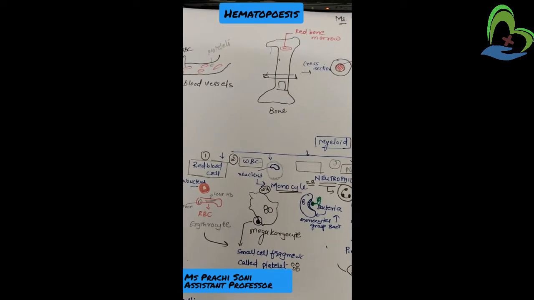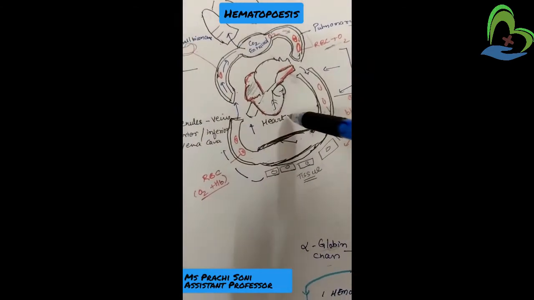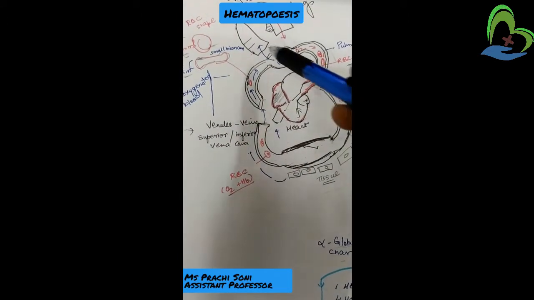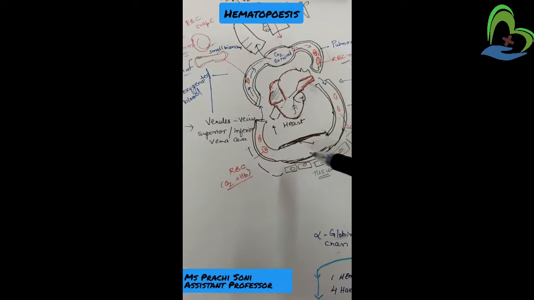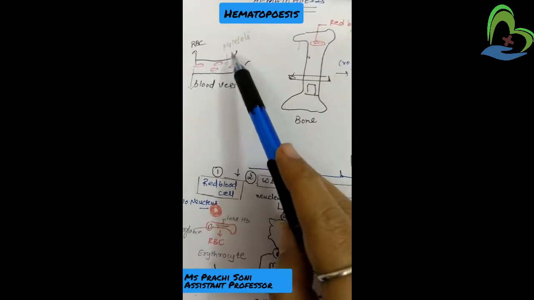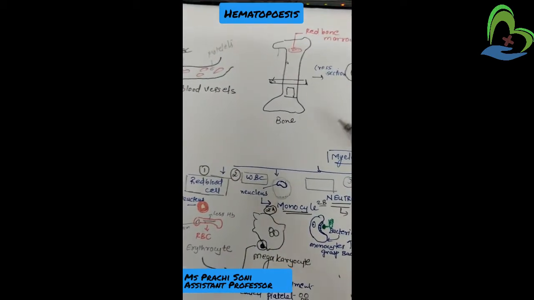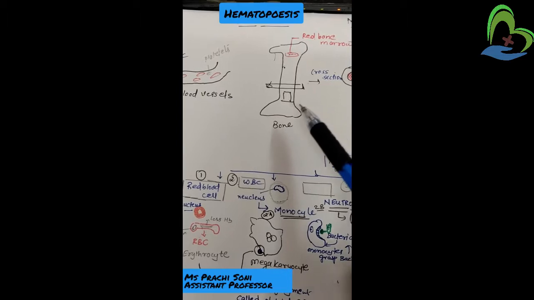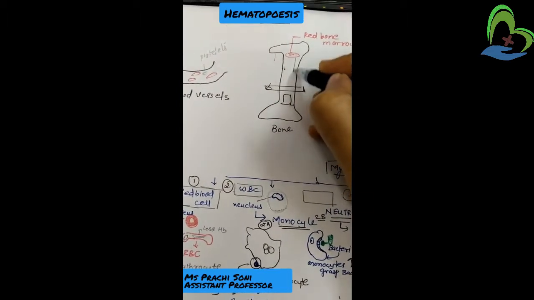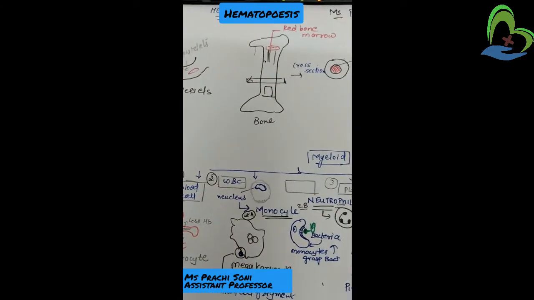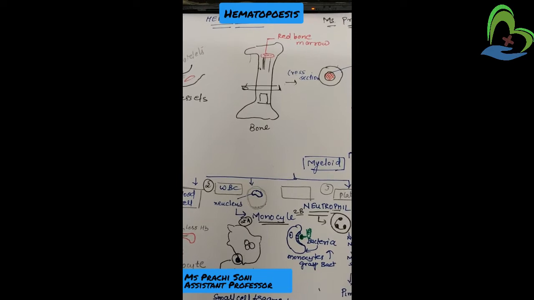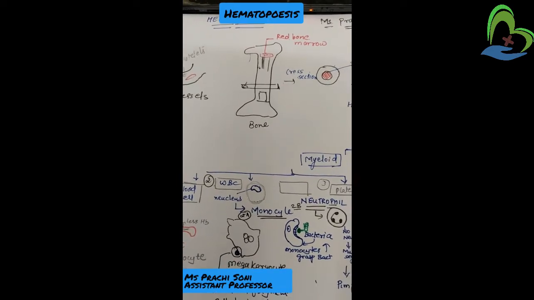We already learned in the previous video how blood from the blood vessels comes into the heart, is purified through the lungs, and goes again to the system. Here we are going to see the blood vessels carrying the RBCs, platelets and white blood cells, and where they are formed. We know that in the bone there is red bone marrow, which helps in the formation of RBCs,